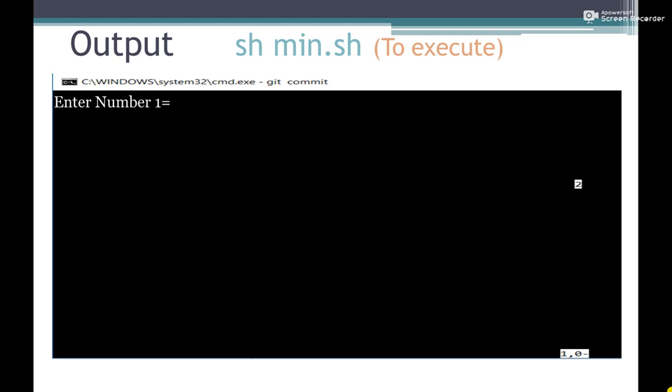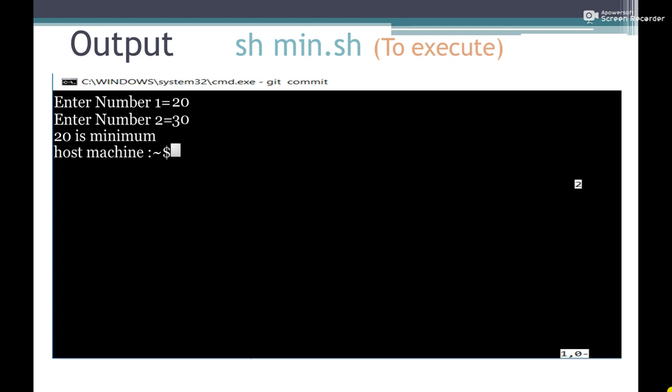So the first message we get is "Enter number 1". We will enter the number 1 as 20, and then we will press Enter. It will display another message, "Enter number 2". Over here we will enter number 2 as 30, and then press Enter.